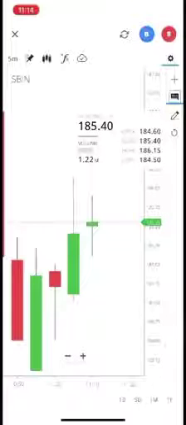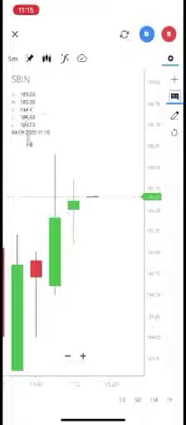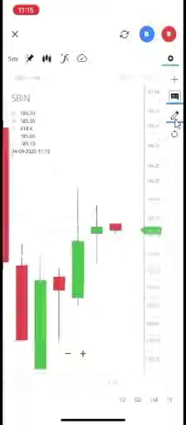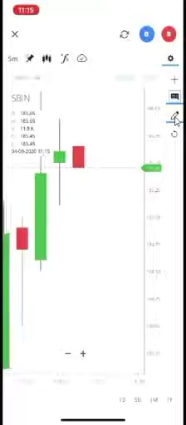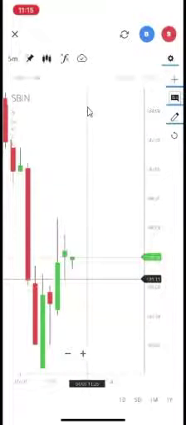We can see it in two views. One is near the candle, the next one is over here at the top of the display. And then this is the draw tool, we can use it if required, and this is the undo and redo tool, we can use as per our requirement.